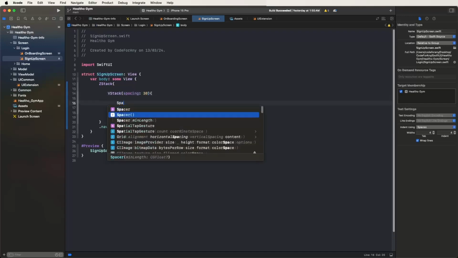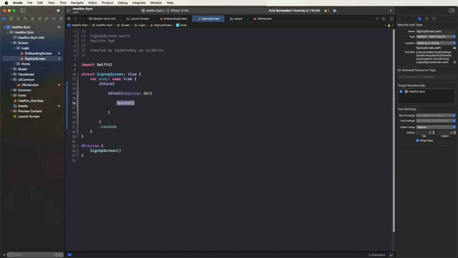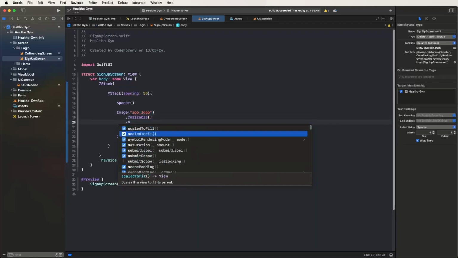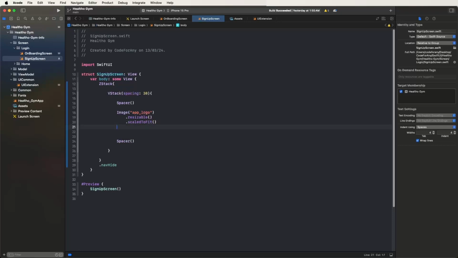Now I need to set the two spacers here because these contents need to be centered. That's why I give two spacers, and between them I write the overview. First of all, I need to show the logo and give it the title, app logo, and set it to resizable, then set scale to fit, and also set the frame,